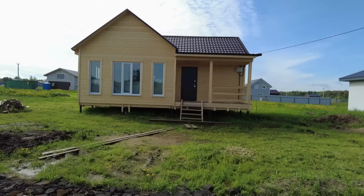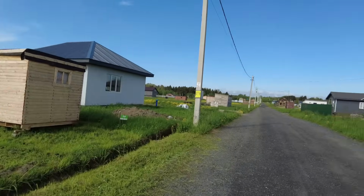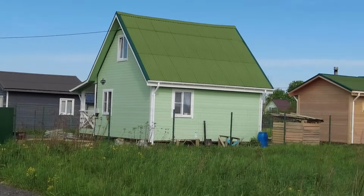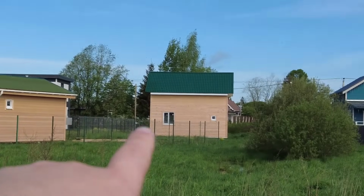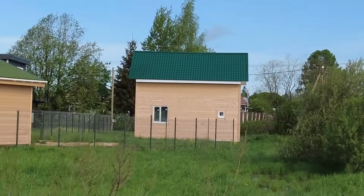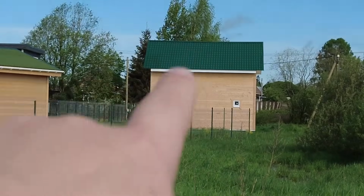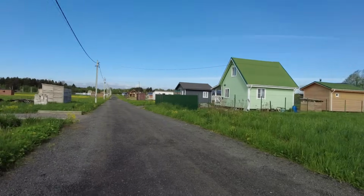It's very cute. And there's more small little dachas right here. And that's my house right here. That's one of the houses for sale. The guys did the outside during winter time, then they went on another project, and they're gonna come here next week and start doing the inside of it. So we'll have more videos about the house. So that's one of my houses. And back to